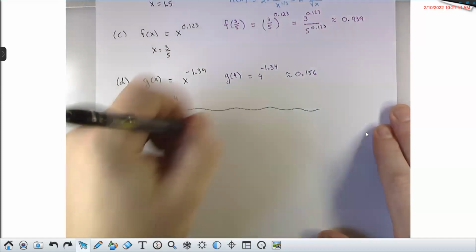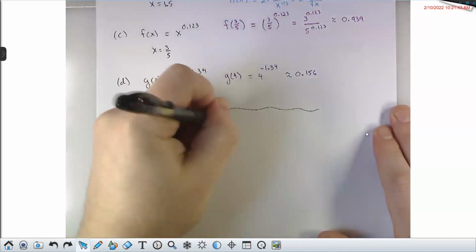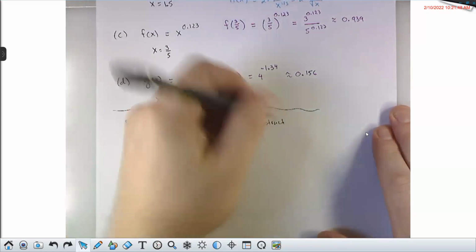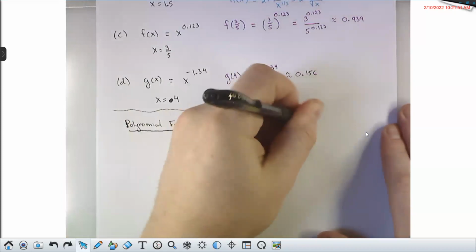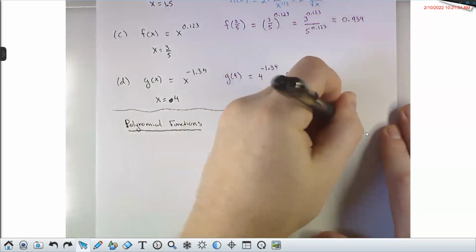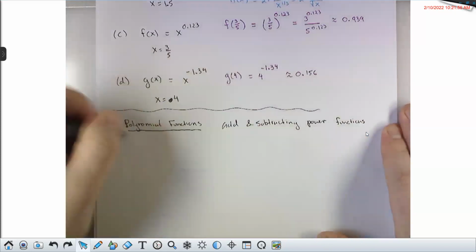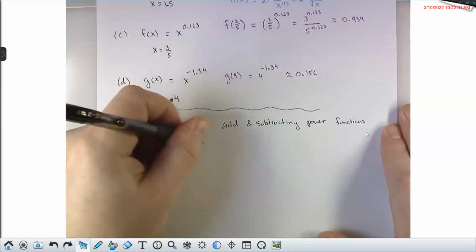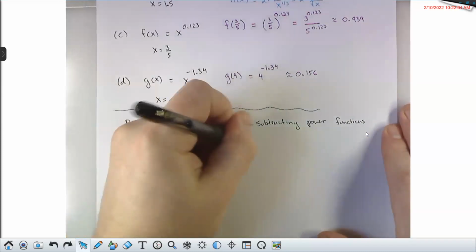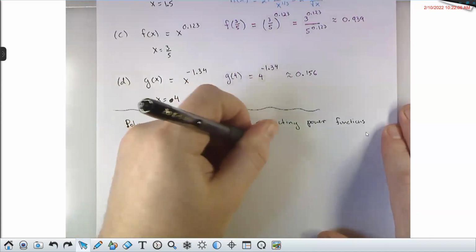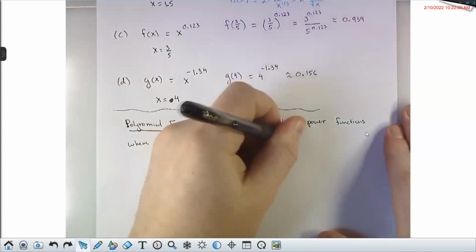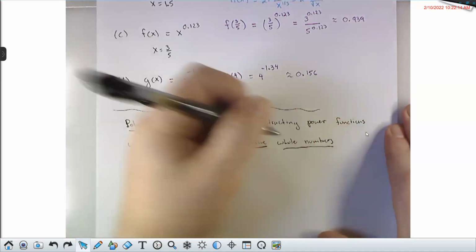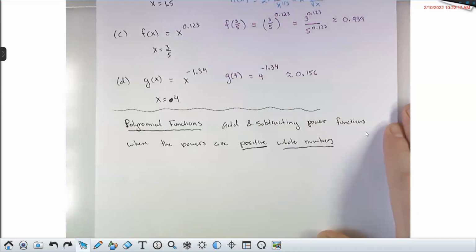But this is what you get when you combine, so adding and subtracting, power functions where the powers are positive whole numbers. All right, so for example,